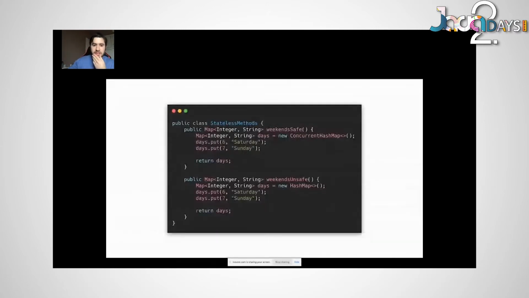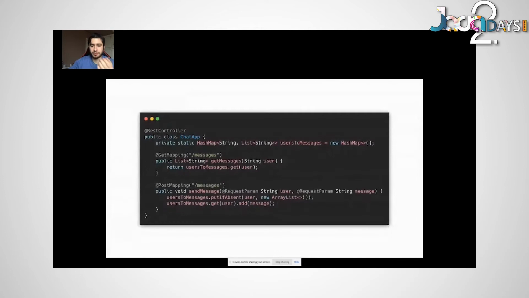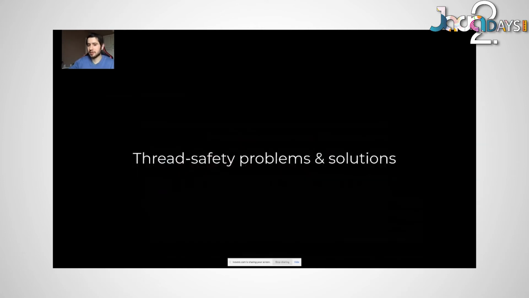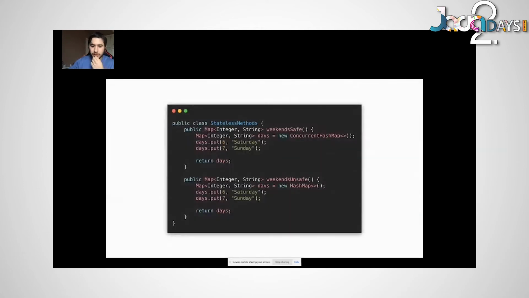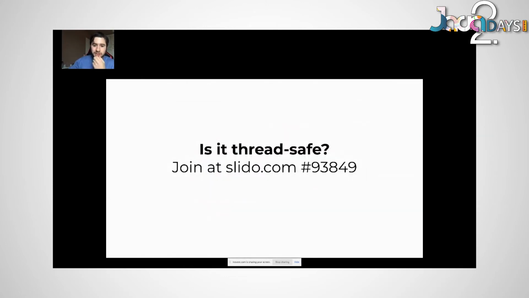So consider this class. It has two methods. One is called weekends safe, one is called weekends unsafe. In one occasion, you have a concurrent hash map, which seems like something related to thread safe access. In the other case, you have a normal hash map, which actually very much resembles this example here. It's a normal hash map as well. You put some values and you return it. And my question to you now is